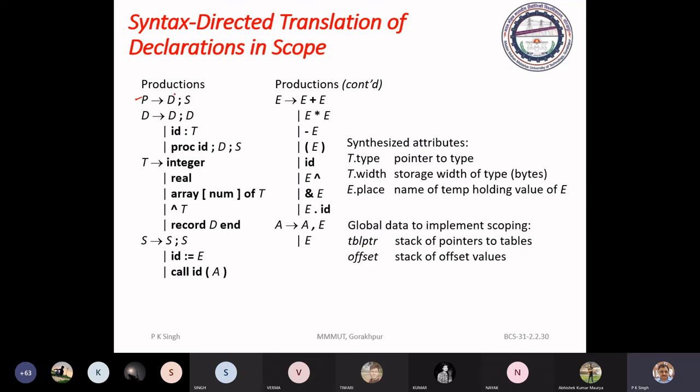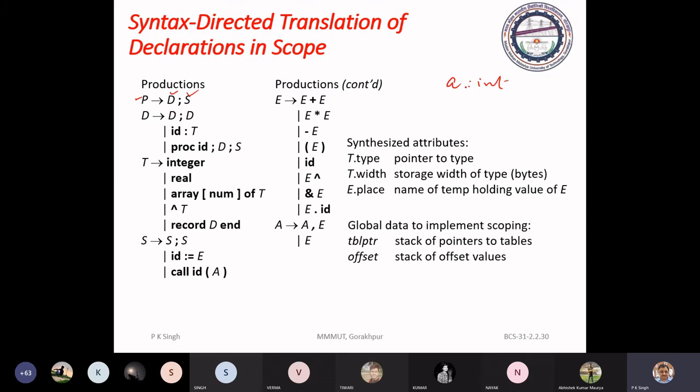P is the start symbol for the program. Next is D, which means the program consists of two parts: one is declaration, another is statement list. In the declaration part, you may have several declarations. This is a recursive production for declaration. Then we have identifier and type, like this: A colon int.